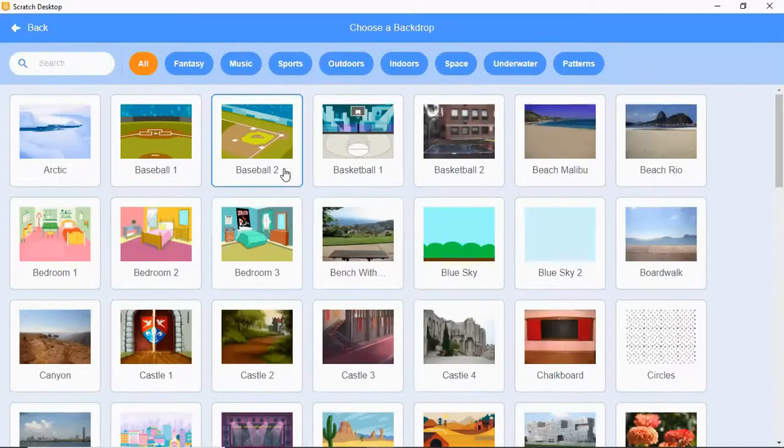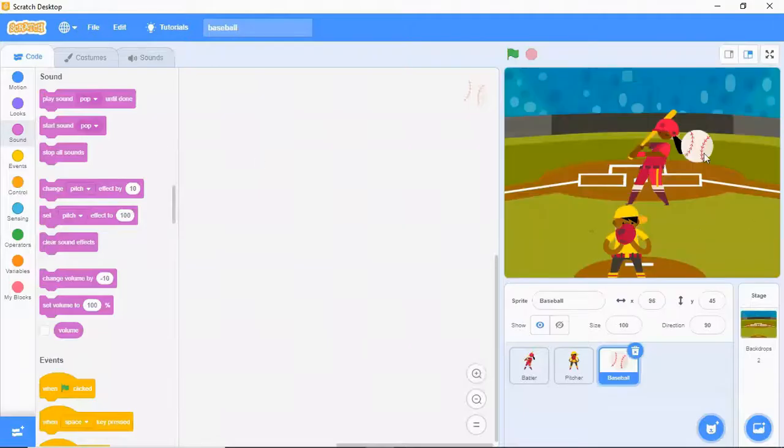Next, I'll take this baseball. I'll reduce the size of the ball. Oh, not the direction. I'll reduce the size. It's still big.